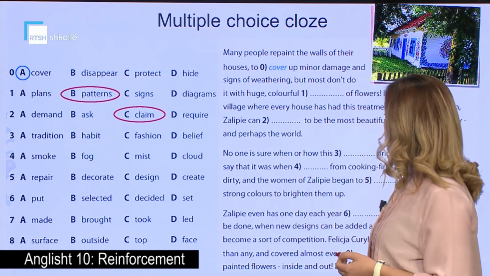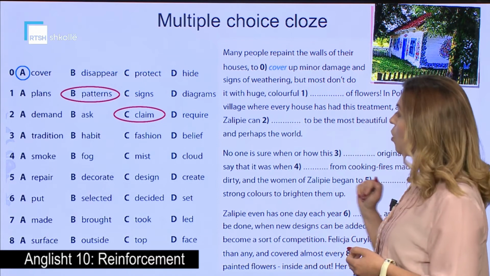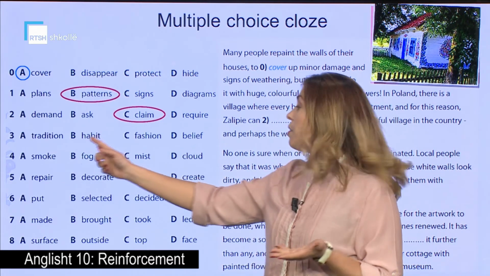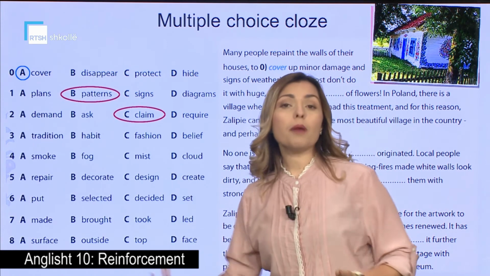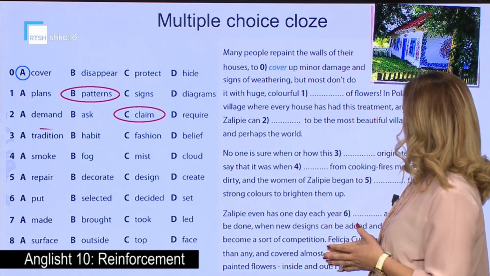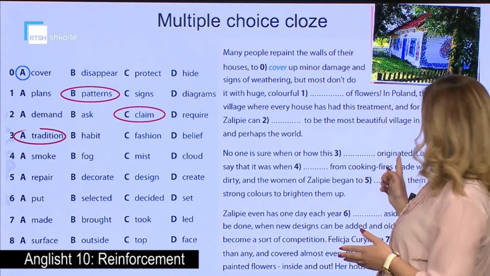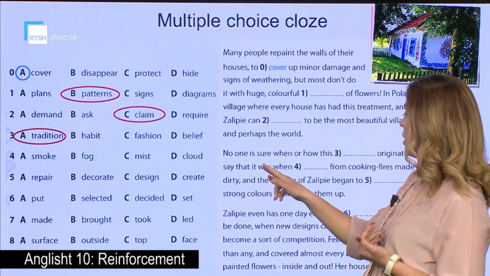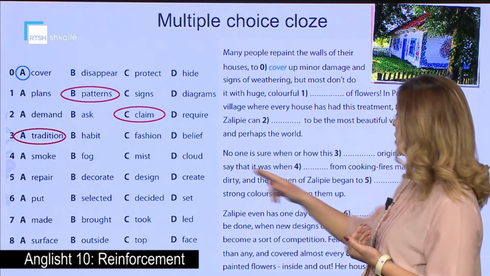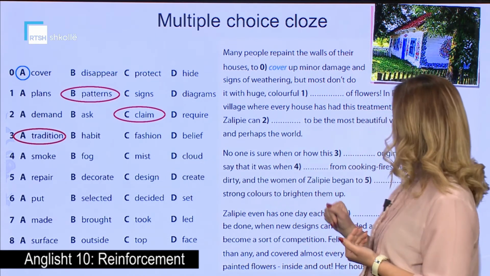No one is sure when or how this tradition, this habit, this fashion, or this belief, has become a tradition to them. So this tradition originated, local people say, when smoke, fog, mist or cloud